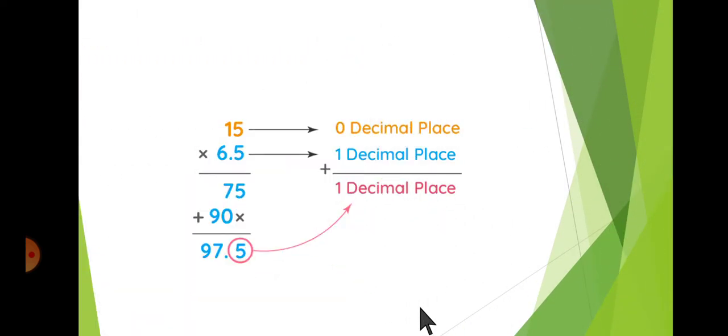Let's see with an example, you can understand very easily. This is an example of the first rule. There is one whole number and another in decimal. So first, you ignore the decimal and simply multiply. Then, in the first number there are 0 decimal places and in the second number 1 decimal place. So from the right side you count 1 digit, and then you insert the decimal.